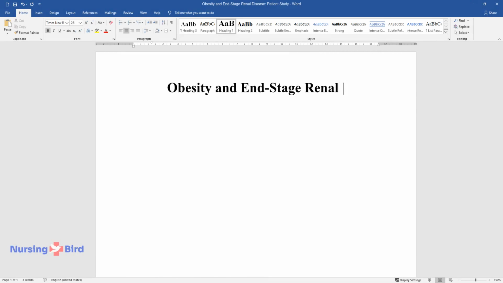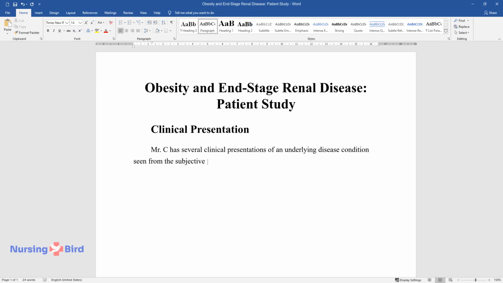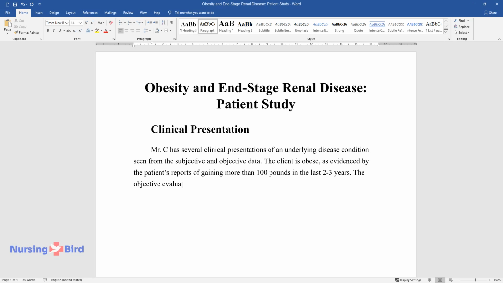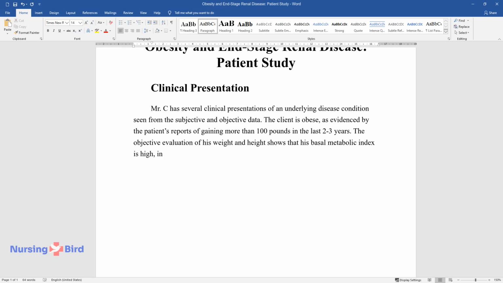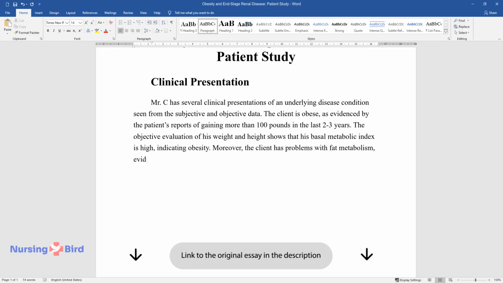Obesity and end-stage renal disease, patient study. Clinical presentation. Mr. C has several clinical presentations of an underlying disease condition seen from the subjective and objective data. The client is obese, as evidenced by the patient's reports of gaining more than 100 pounds in the last 2 to 3 years. The objective evaluation of his weight and height shows that his basal metabolic index is high, indicating obesity. Moreover, the client has problems with fat metabolism, evidenced by high cholesterol levels, elevated triglyceride levels, and decreased high-density